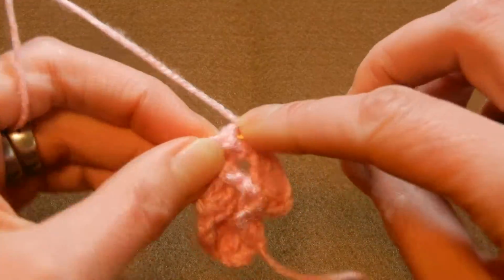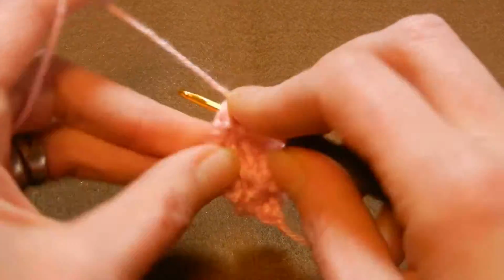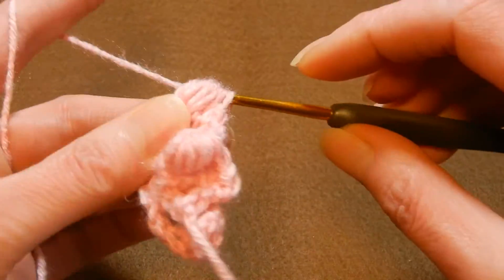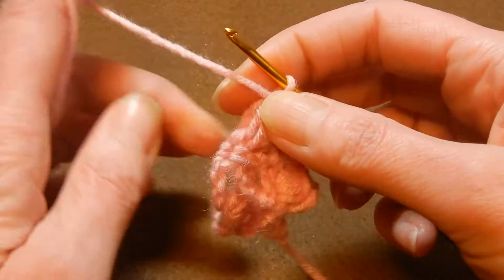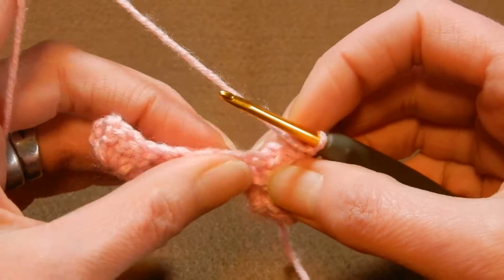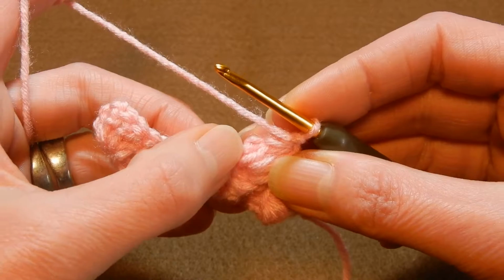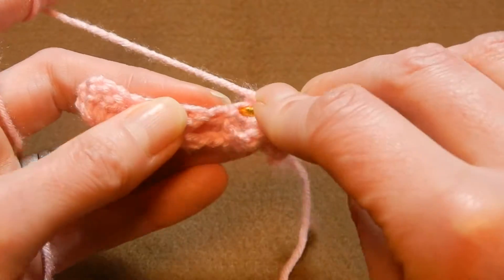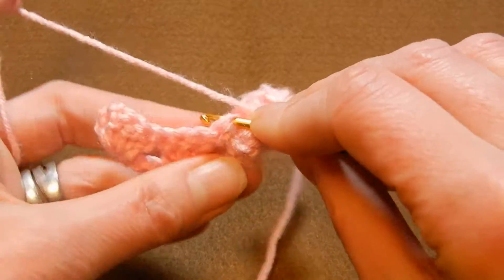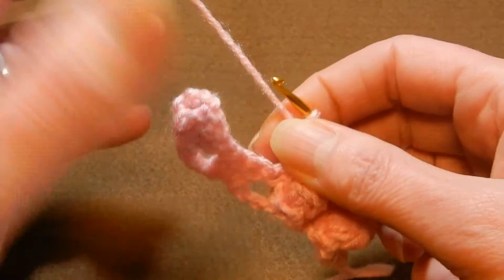1, 2, 3, 4, and the 5th time. Pull the yarn through all the loops, chain 1, and now you're gonna do a single crochet into that second double crochet from this cluster. So it's right here, it's behind. If you pull it, you're gonna see it. This is the third double crochet. Yeah? So you go behind that, the second, and you're gonna do a single crochet, chain 1,